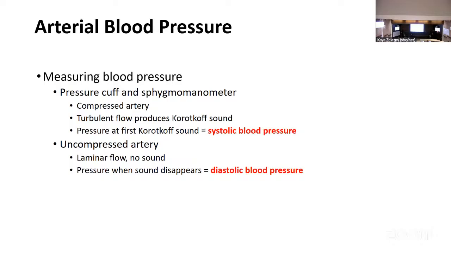So we're compressing this artery down, totally cutting it off with the blood pressure cuff, which is why sometimes if they jack it up too high, it can hurt a little bit. But the actual point is to cut off blood flow in the arteries in your arm when you start out taking a blood pressure. The reason for that is that in order to determine that upper number, the systolic blood pressure,